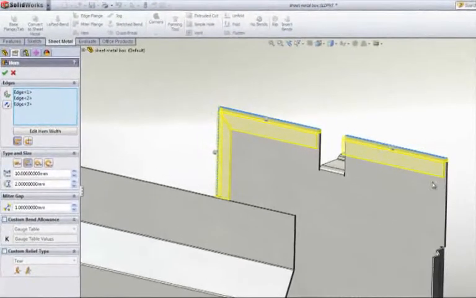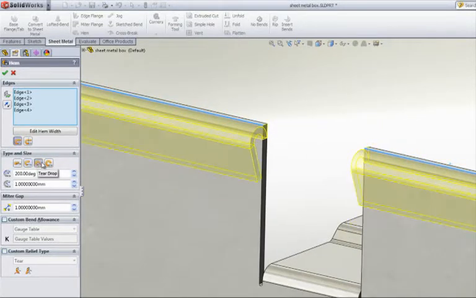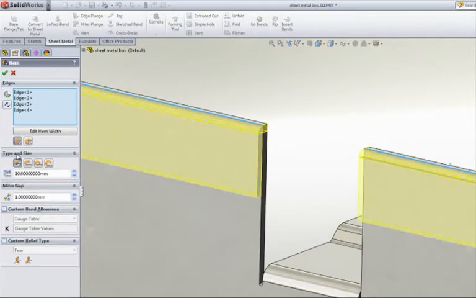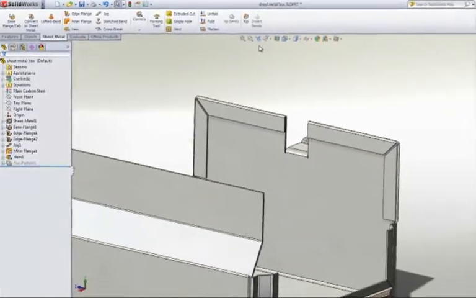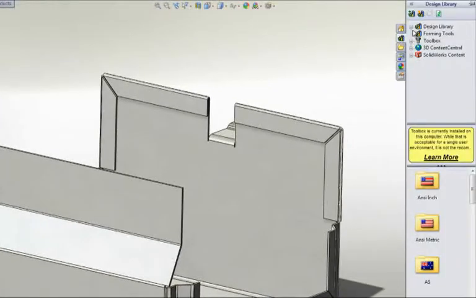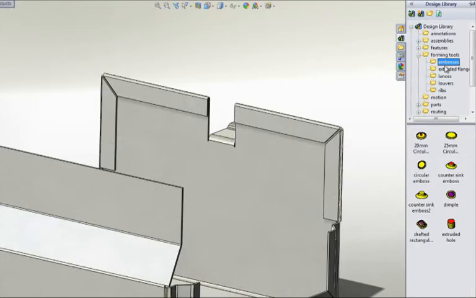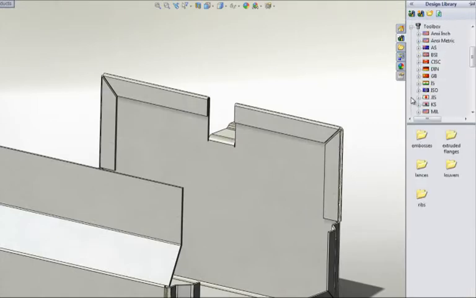If you need to reinforce an edge or remove sharp edges, then you're going to need to add hems. Hem types, such as open, teardrop, rolled, and closed, should cover all your requirements. Of course, sheet metal design is not all about creating bends. Ventilation holes, mounting features, and strengthening ribs all play a part in the final design, so these should be simple and fast to create. SOLIDWORKS comes with a customizable library of pre-configured forming tools, such as embosses, lances, louvers, and